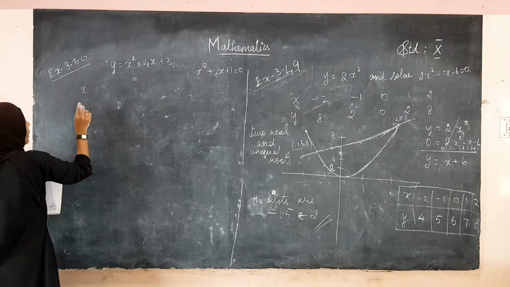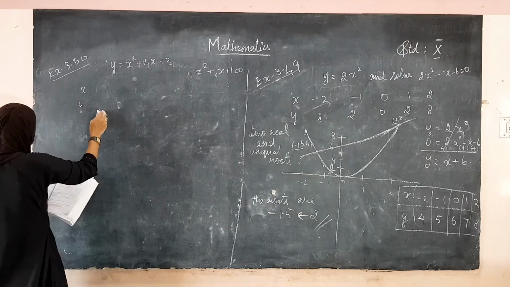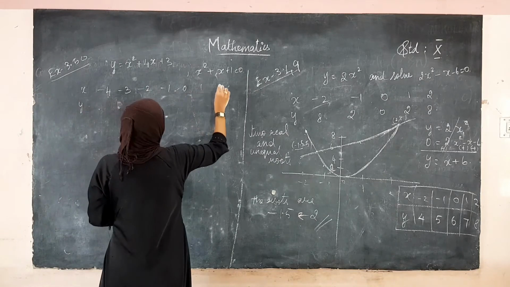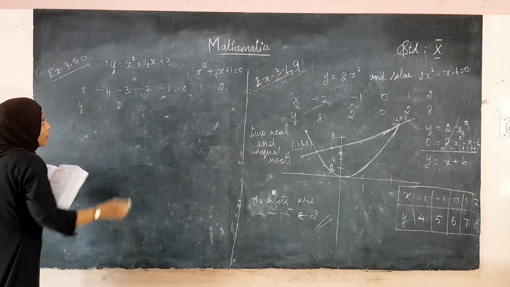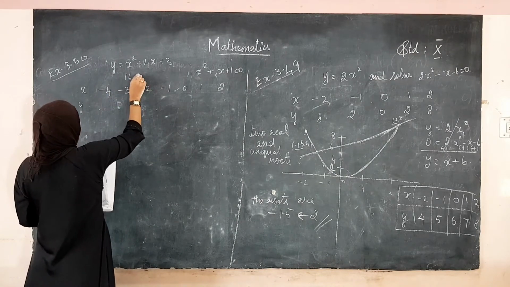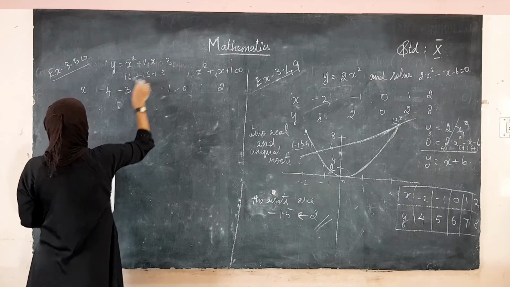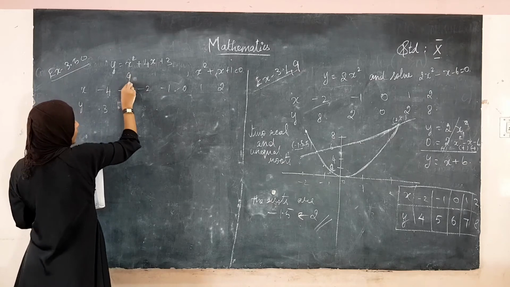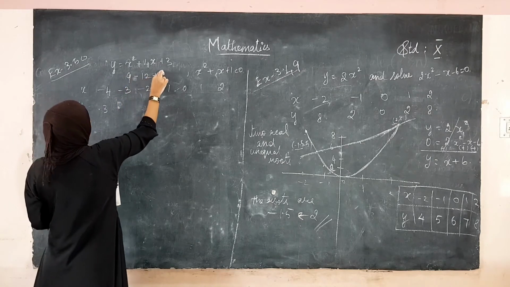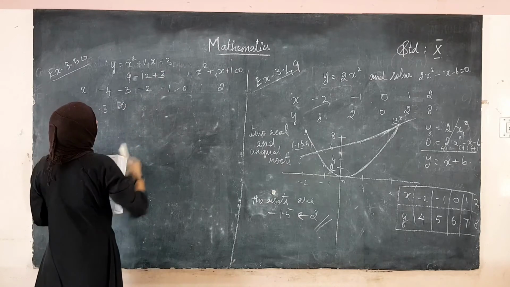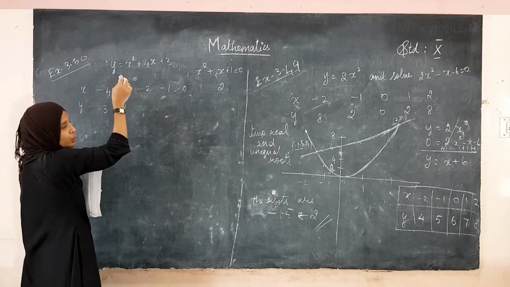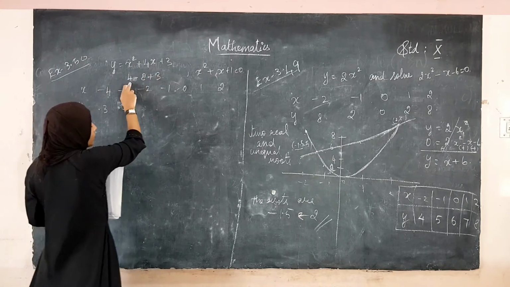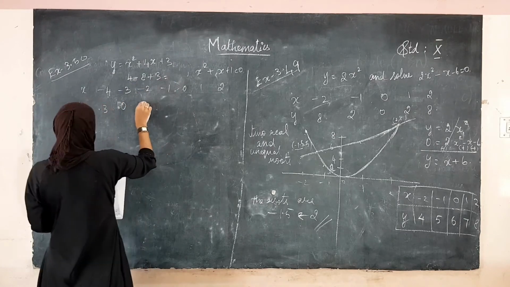So, x and y. Okay, now we are going to take the values from minus 4 to 2. See here, minus 4. Minus 4 the whole square is 16. 4 into minus 4 is minus 16 plus 3. Value of y is 3. So, minus 3. What happens? Minus 3 whole square is 9 plus 4 into minus 3 is minus 12 plus 3. 12 minus 12 is 0. And again for minus 2. What happens? Minus 2 the whole square is 4 plus 4 into minus 2 is minus 8 plus 3. So, minus 8 plus 7. What happens? It is minus 1.